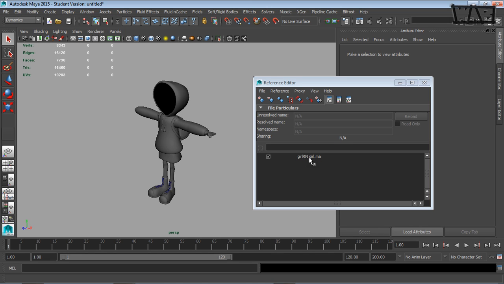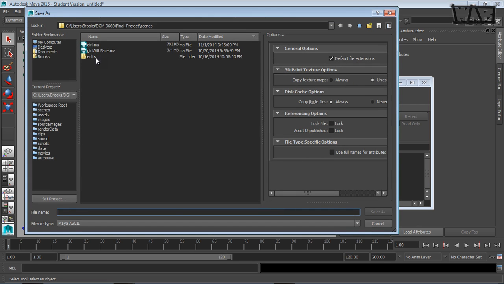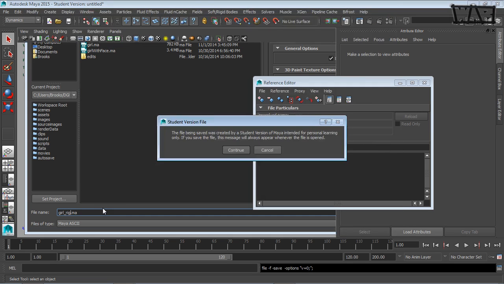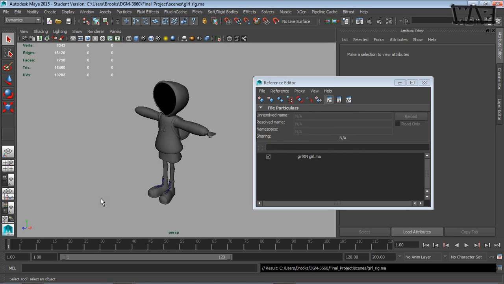So if I were to make an edit on that referenced file and then save it, and then reopen this file, which is going to be my rig file, which I'm going to call girl_rig, so if I make an edit on the girl.ma, save it, and then reopen my girl_rig.ma, then that rig file will have the updated mesh,